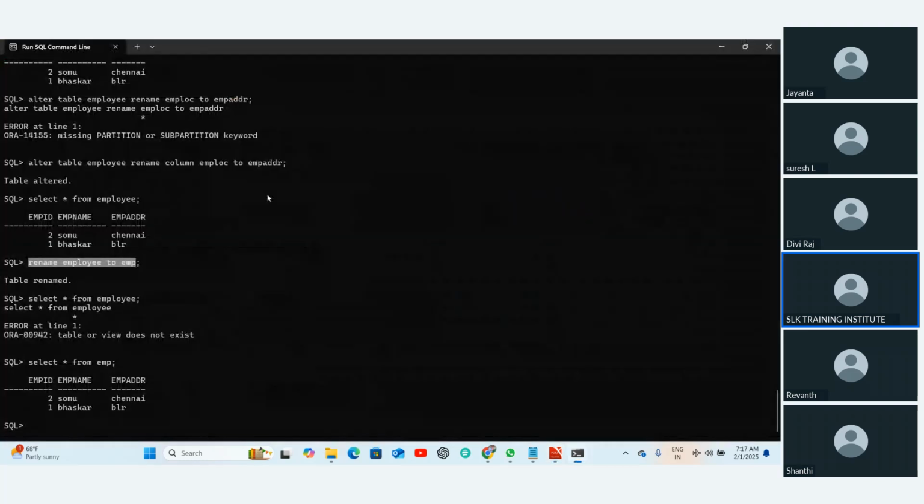Okay, so before I explain the synonym, there is one more concept: how do we access a table from a different schema, like in a database where we'll be having multiple schemas. When we go to real time, there also we'll be having multiple schemas, like staging is one schema, data mart is one schema, like that there will be different schemas. Now, how are we going to access a table from one schema to another schema? How are we going to access? So what we should do,